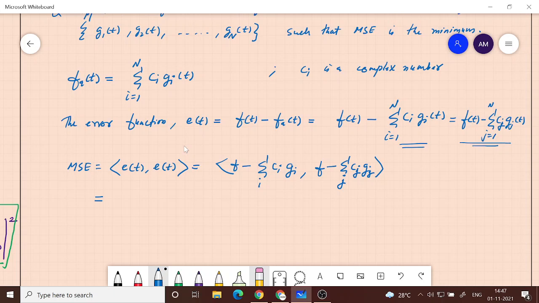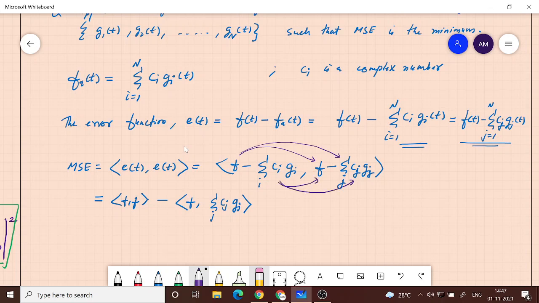Okay. So just like before, I will have ⟨f, f⟩, that is the first term, and then minus ⟨f, Σj cj gj⟩. This is the second term, so that is what I am doing. I am taking the first inner product and distributing this with this, and after that I am distributing with this. Then I will distribute this, and these are the next two terms. So that is minus